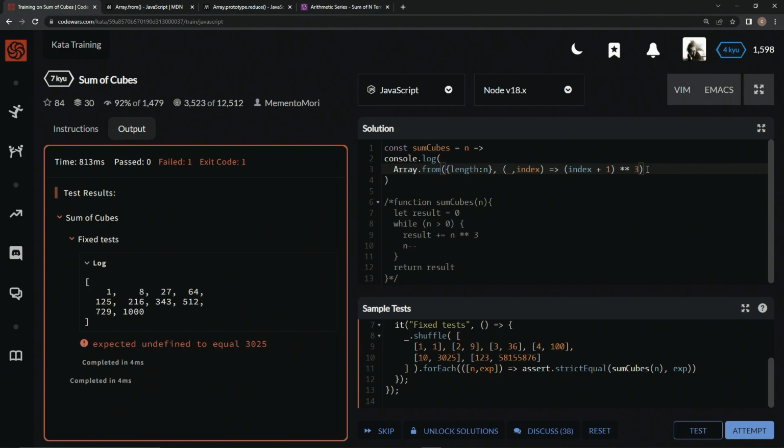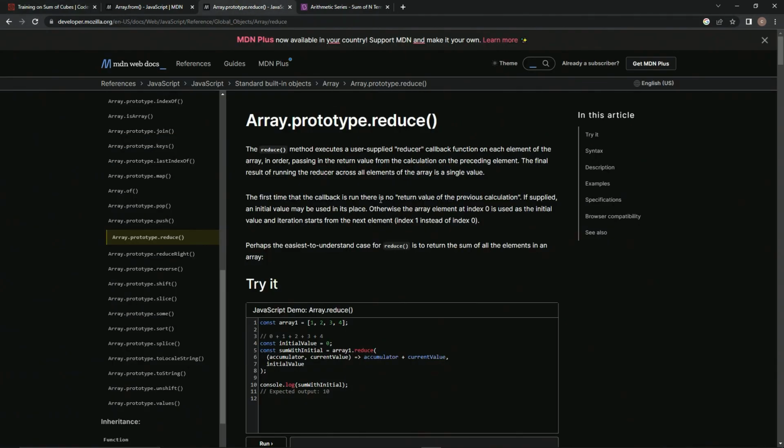We'll just say dot reduce and have some arguments in there and a little thing for the function. So for the reduce method, if you don't know about it, it executes a user-supplied reducer callback function on each element of the array in order, passing in the return value from the calculation on the preceding element. The final result of running the reducer across all elements of the array is a single value. Basically, this is summed up by saying the easiest to understand case for reduce is to return the sum of all elements in an array. All right, so that's all we're going to do is sum